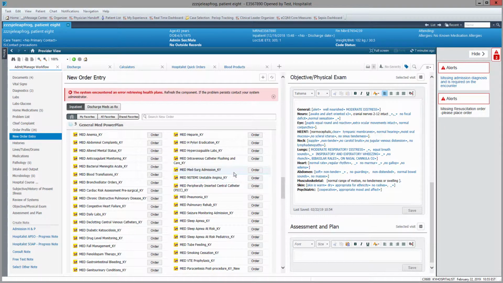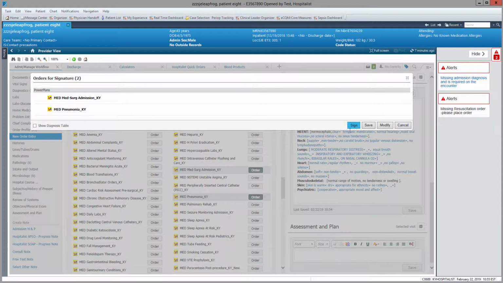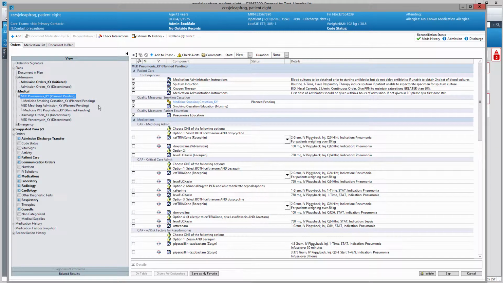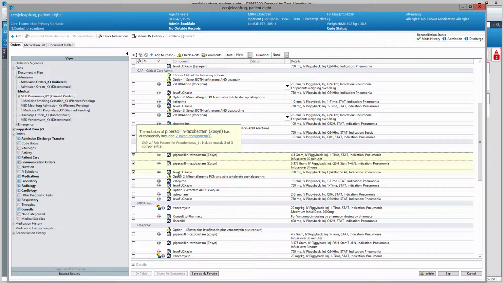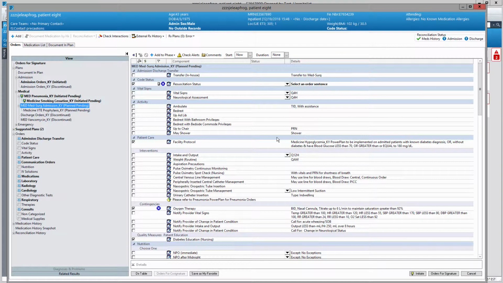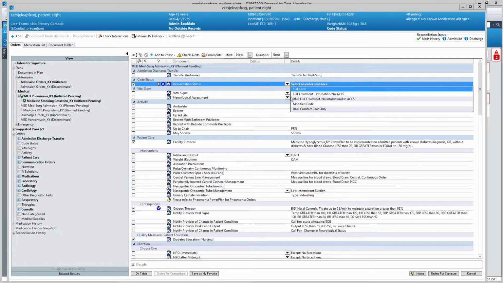At this point in time, we would place the admission orders by going to New Order Entry to the Med-Surg Admission Power Plan and the Pneumonia Power Plan. In the Pneumonia Power Plan, we would note that the patient does have risk factors for Pseudomonas and start them on Levaquin and Zosyn. We would then complete the orders in the Med-Surg Admission Power Plan, including the resuscitation status order,